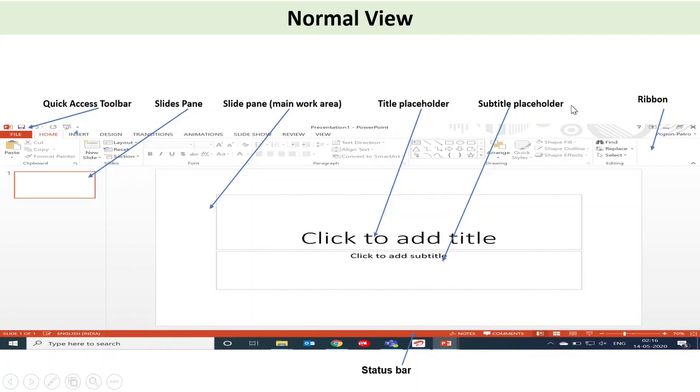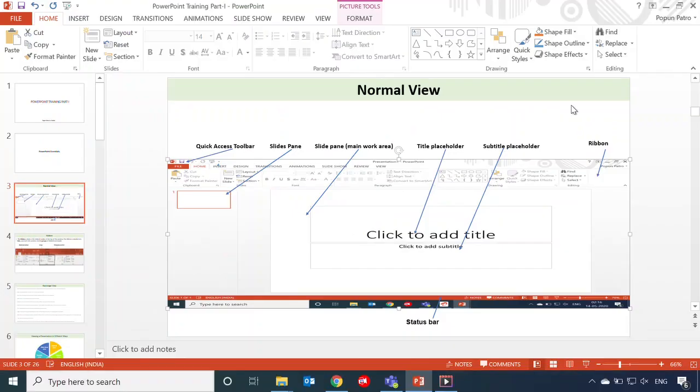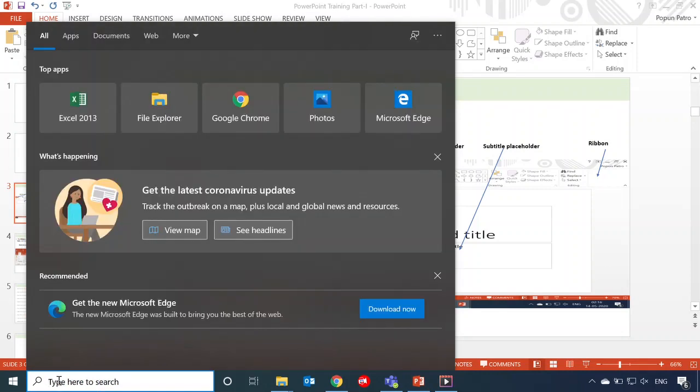Now we open a new presentation and show how these options are available. Let's see. To open a new presentation, go to the type search here button, click on it and type PowerPoint.